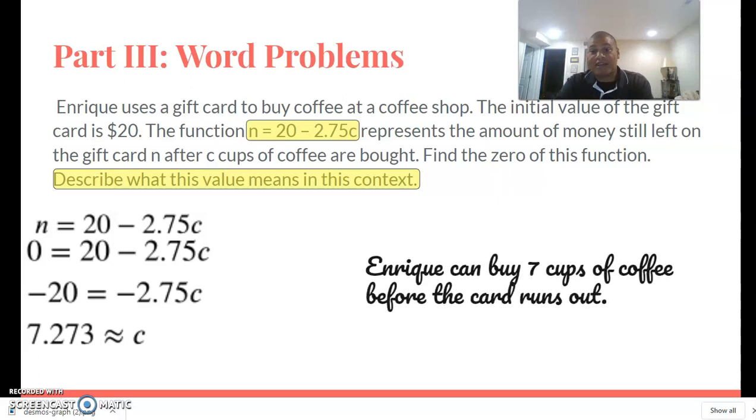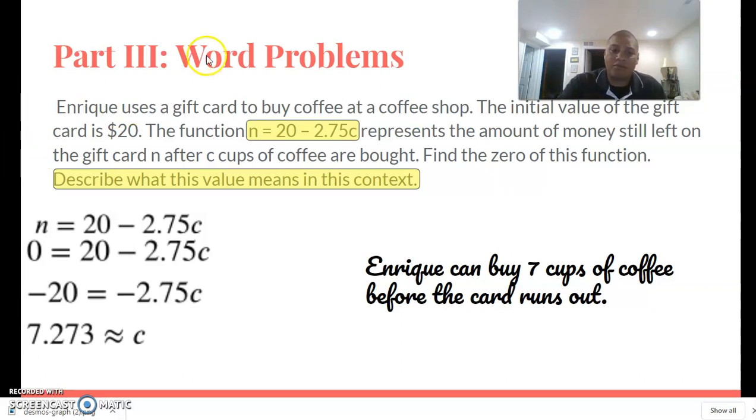And that is your final answer. Enrique can buy 7 cups of coffee before the card runs out. He will still have roughly enough for another quarter cup of coffee, but coffee shops don't sell quarter cups of coffee, so he's stuck. He can only buy the 7, and then he's got to either use the rest of the gift card, some of his own money, or lose the gift card in his wallet and forget about it for 5 years like most people do. We can have a full talk about the economics of gift cards another day,